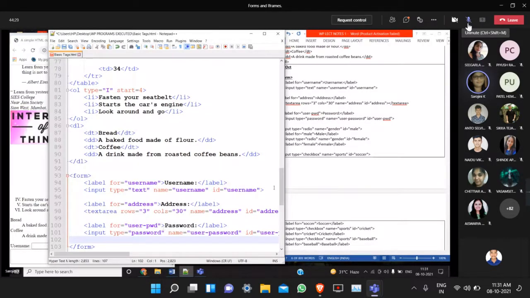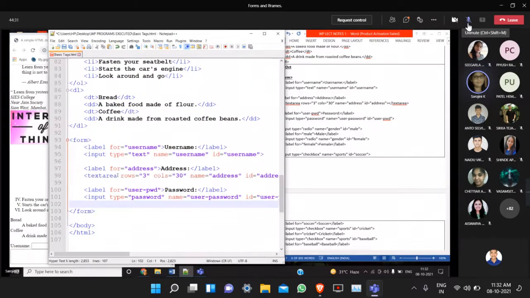Here also, like the previous controls, we are creating a label and then the input tag. With the use of the type attribute, you are creating a password box. So the value of the type should be password.